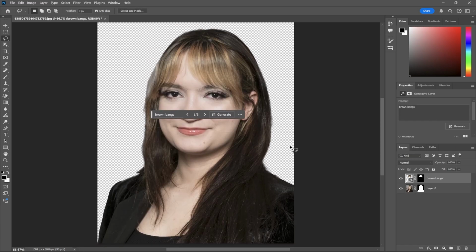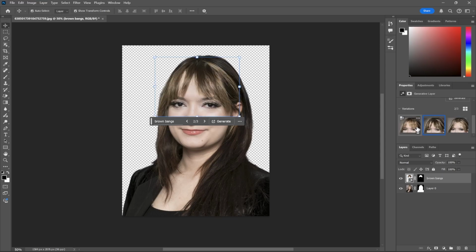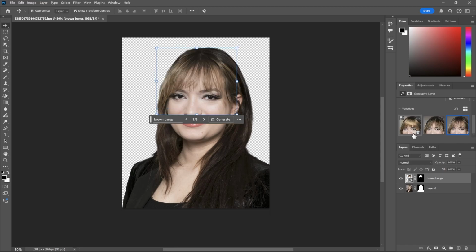And so some of the options might look a little funny. It might also just be my face. Over here in the properties tab, I can see the different variations as well. It'll generate 3 different options. And if I don't like it, I can just go ahead and hit generate again and see what it generates. This is what I mean by saying it's not perfect. It might take a few chances, but that's okay. And if there's generations that I do not want to keep, I can delete them in 2 ways.